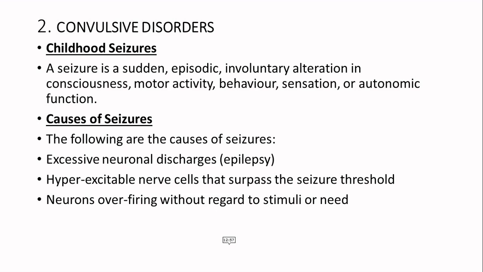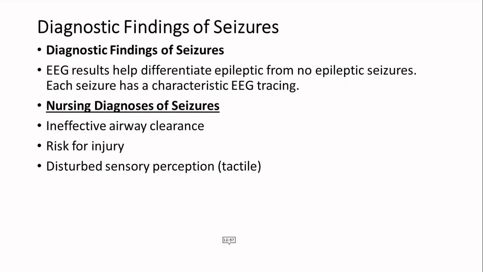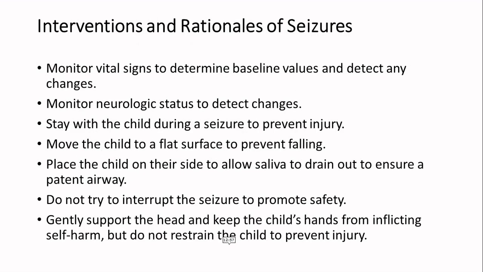Each seizure will have a characteristic EEG tracing. So nursing diagnoses for seizures: we have ineffective airway clearance, risk for injury, disturbed sensory perception. Interventions for seizures: you monitor vital signs, you monitor neurologic status, you stay with the child during a seizure